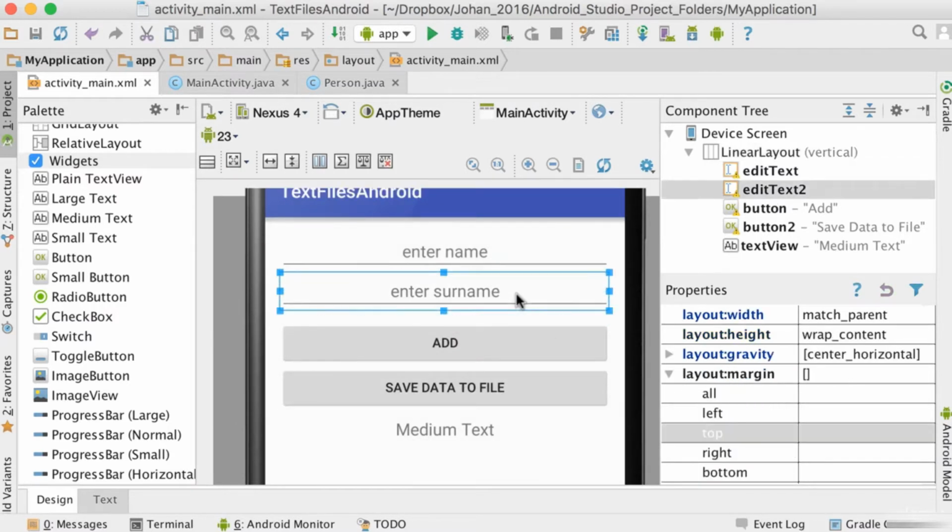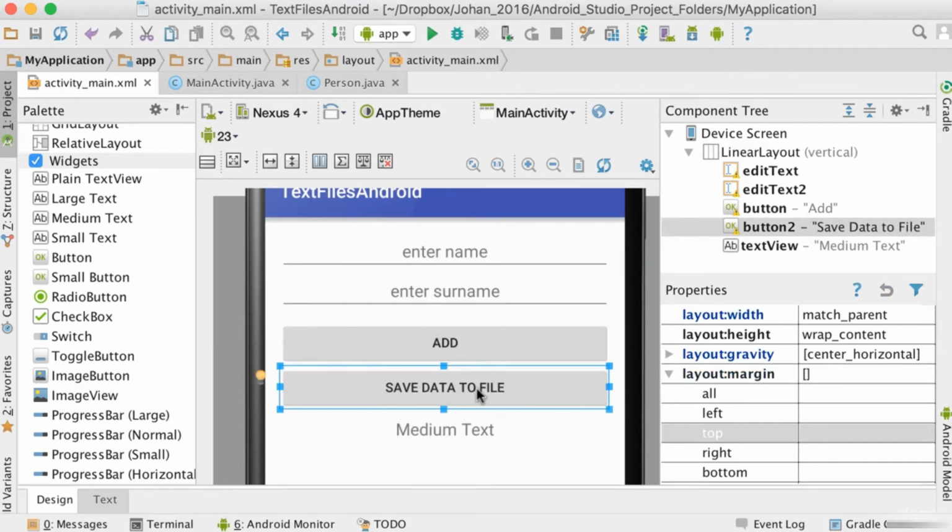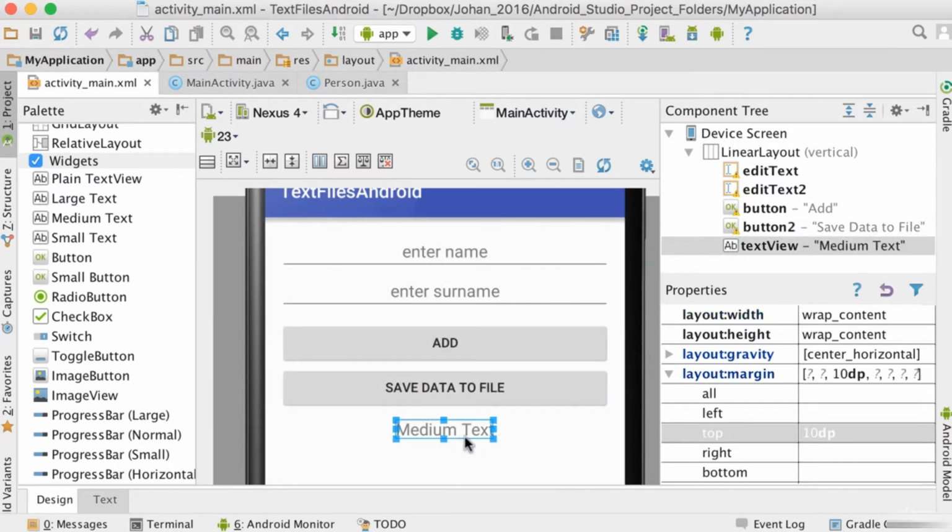So we're going to enter the name and the surname. Then when we click on add, we will add it to this medium text. And then ultimately when we say save data to file, it will save it to the text file. So the next time you run the application, it will show in the medium text. So we need some